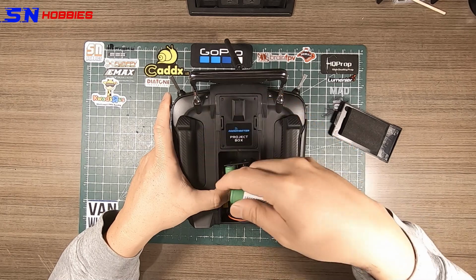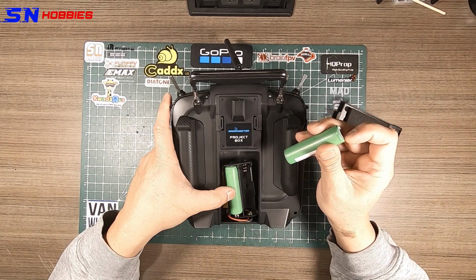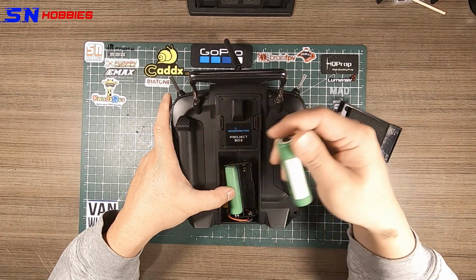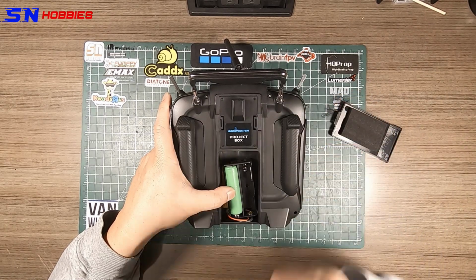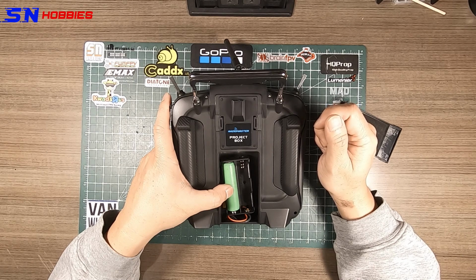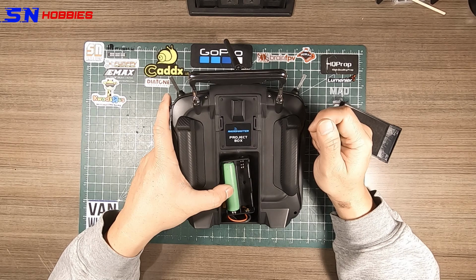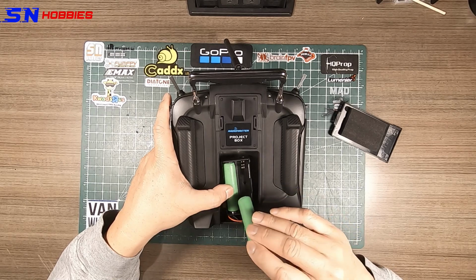3500 milliamp hours, so I got 2, and it will be in series. So yeah, that's your capacity. So with my X9D, I use a 2500 milliamp hour pack, and it will last me a few weeks of 2-3 days flying every week. So I don't know, I have to test this and see how long it would last before I need to